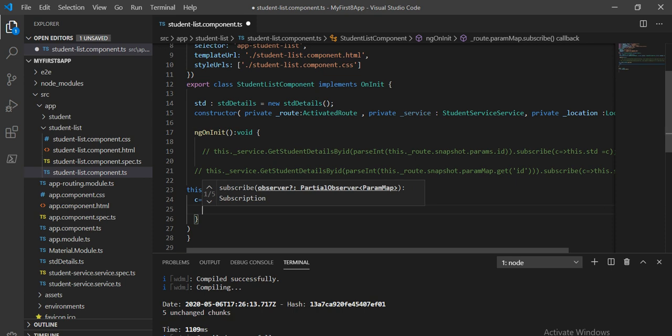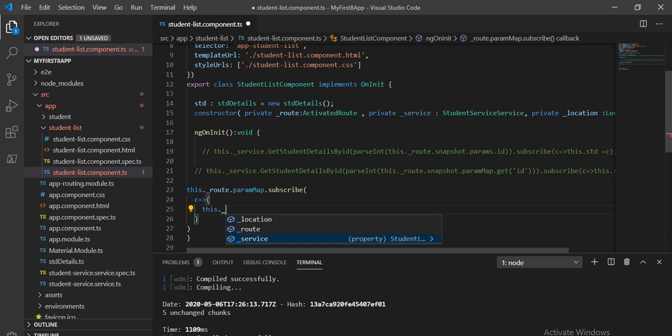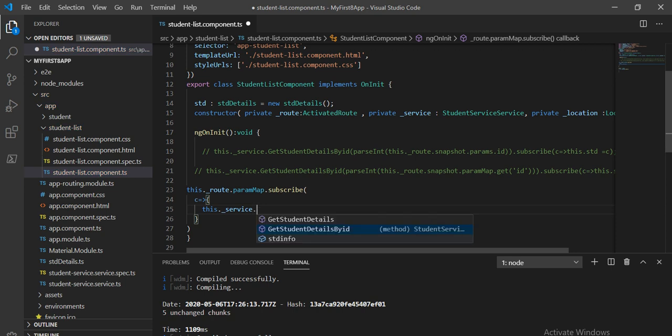Inside this we have to define this dot service, and call the function get student by ID, and then